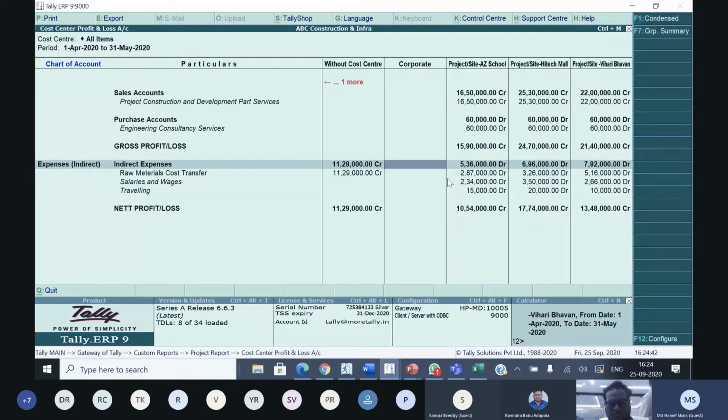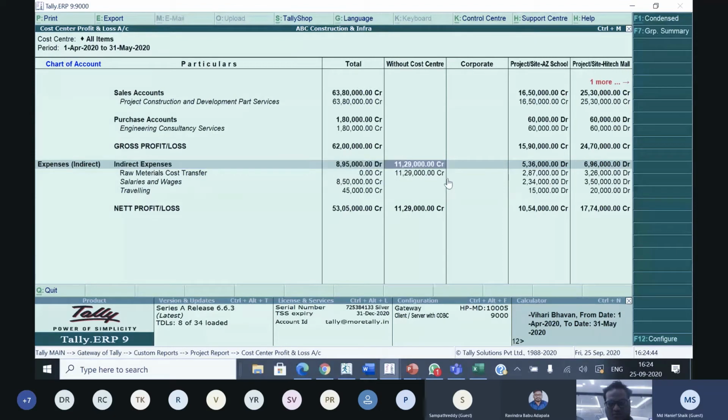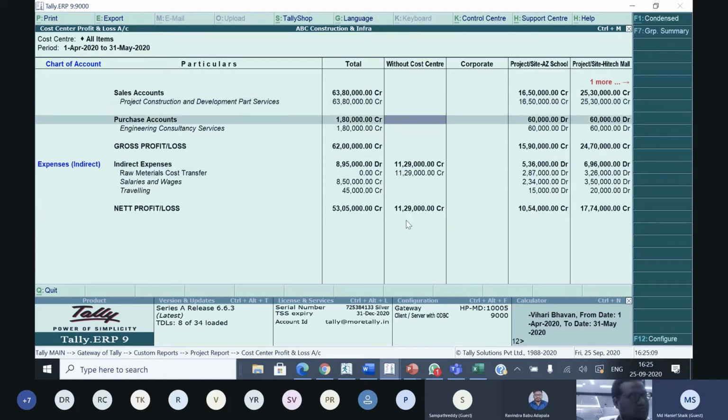In this report we are giving one more facility also, that is this column, without cost center. If some transaction is not assigned to a project by the user, those transaction values will display here, so that we can find out if there is any missed transaction that we have not allocated to a project, and we can allocate it again.